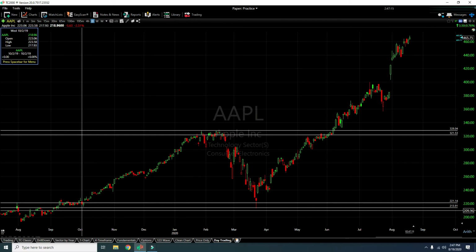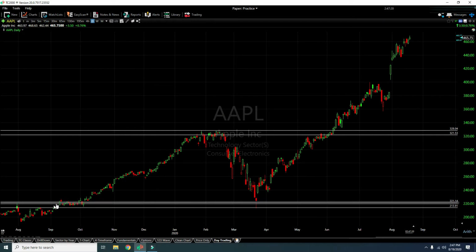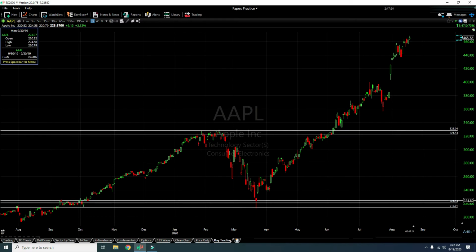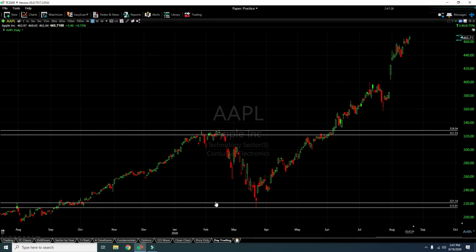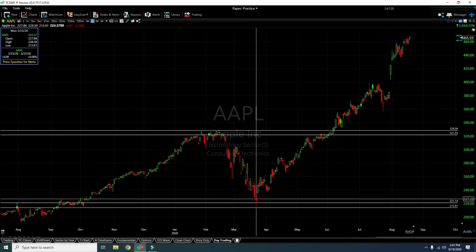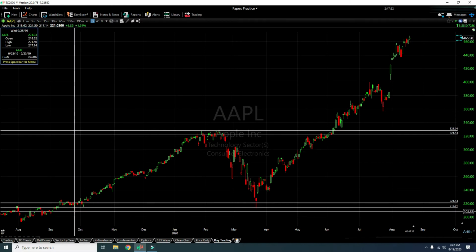And even when the March 23rd low hit, you would have stayed in the trade. So let's say somebody bought on this day, same example, at 223. Even when on March 23rd price came down to 224, you are still safe because your stop loss would have been somewhere around 209 if you take one ATR, because Apple's ATR is normally like $12 or $13. So if you take that, it would have been like 209 or 208.